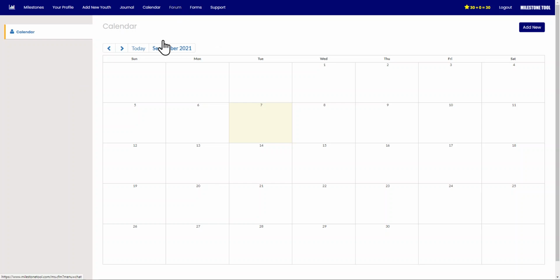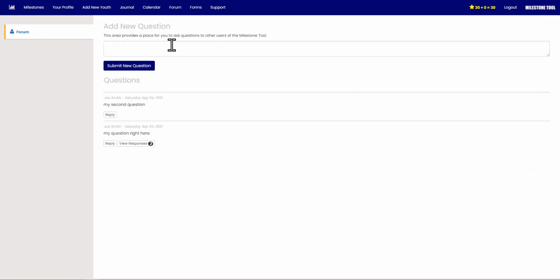All right, the next option is the forum. This is an area where you can add questions, and then other foster parents or child care workers can come into this area, see your question and reply to it. And you can get those replies to your email address, as indicated earlier in the video, if you turn on the automatic notification. So it's another good place for questions and answers within the group of all your